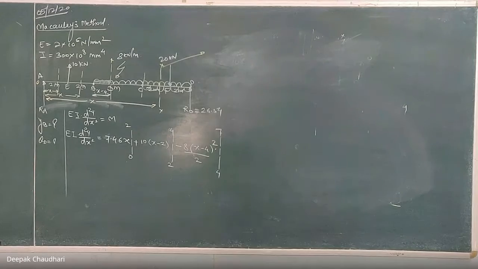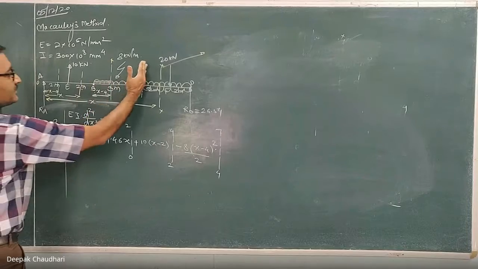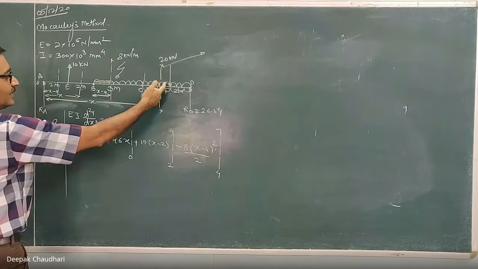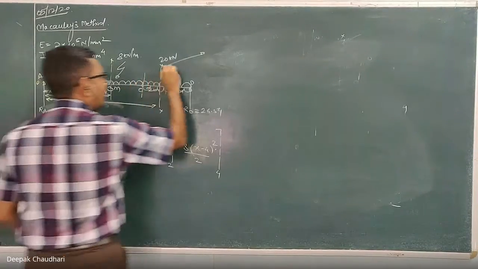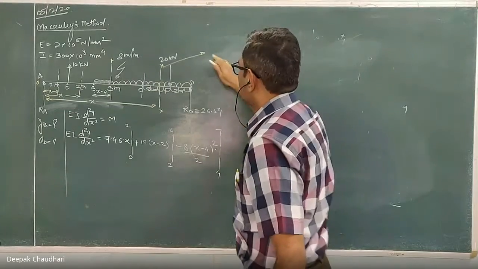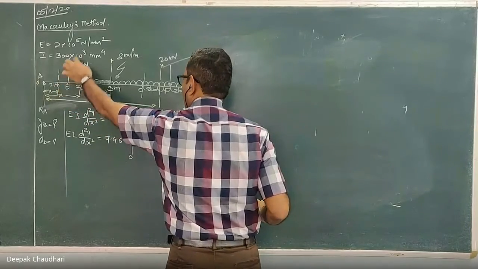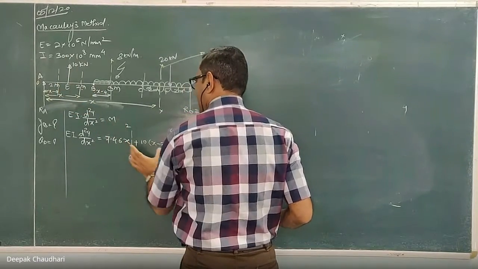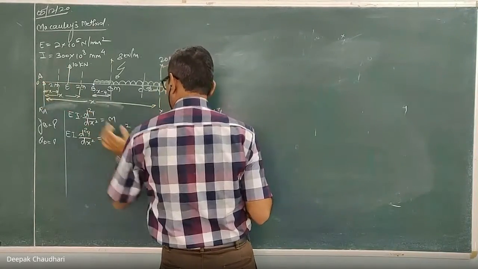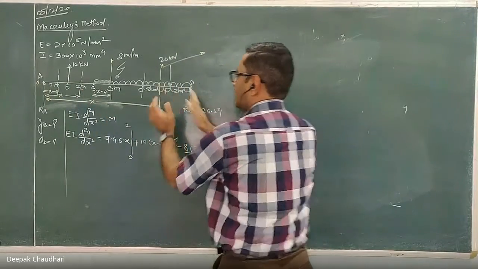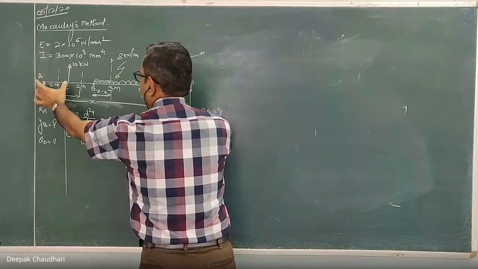Okay, let's continue. We have written this equation up to 7 meter. Now after 7 meter, since the loading is changing, let's take the section after this 7 meter, or after this point C. Now if I write the equation of the bending moment at this section, it is RA into x, which we have already written. Then the moment produced by this 10 kilonewton is again sagging, so it is plus 10 into x minus 2. Here we are taking the moment at this section, so we want this distance, which is x minus 2.